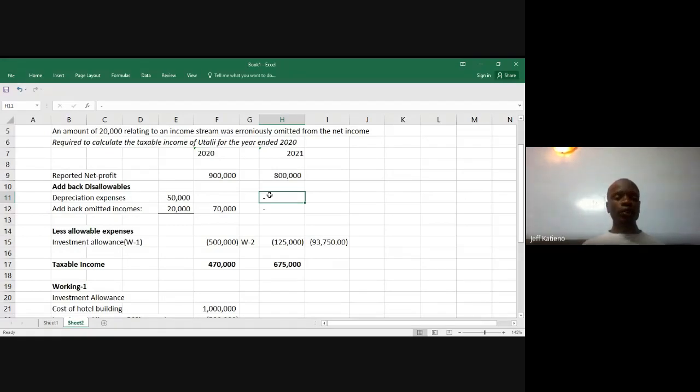Looking at the categories, the list is itemized. So you just apply the schedule, you check the percentage, you know how to calculate, and then you know how this one will now affect the tax liability. Because we less this, we subtract this investment allowances in finding taxable income. So let me wrap this up.